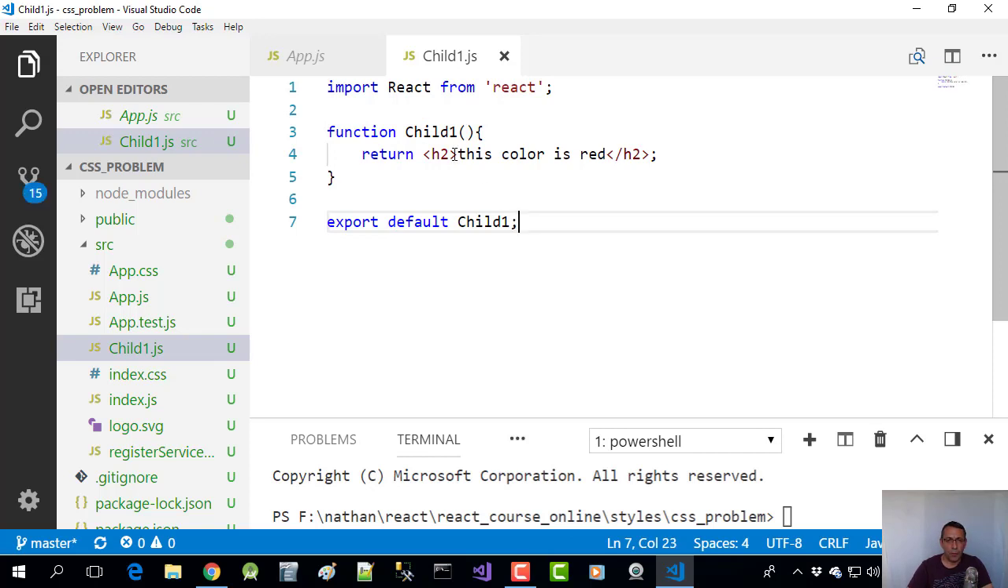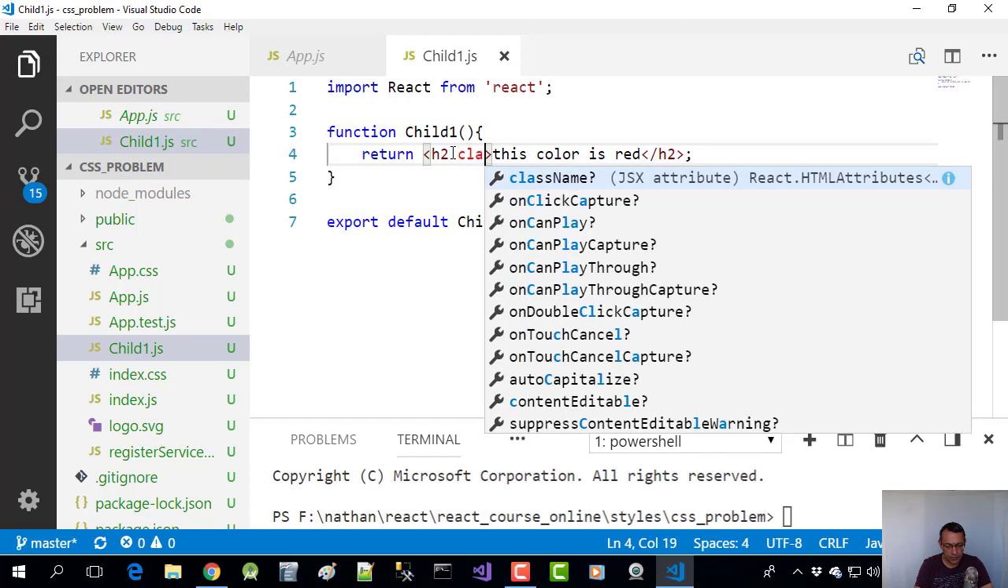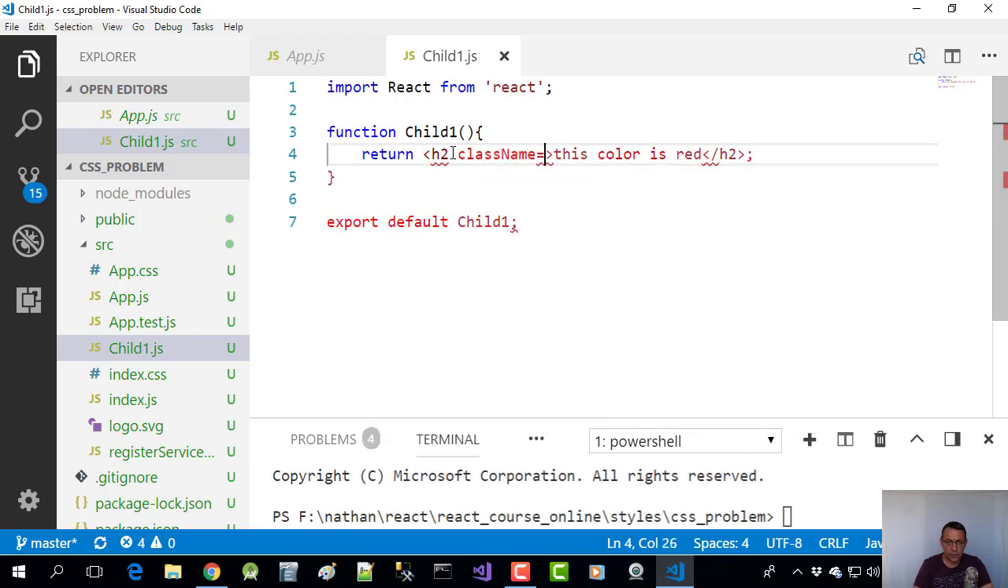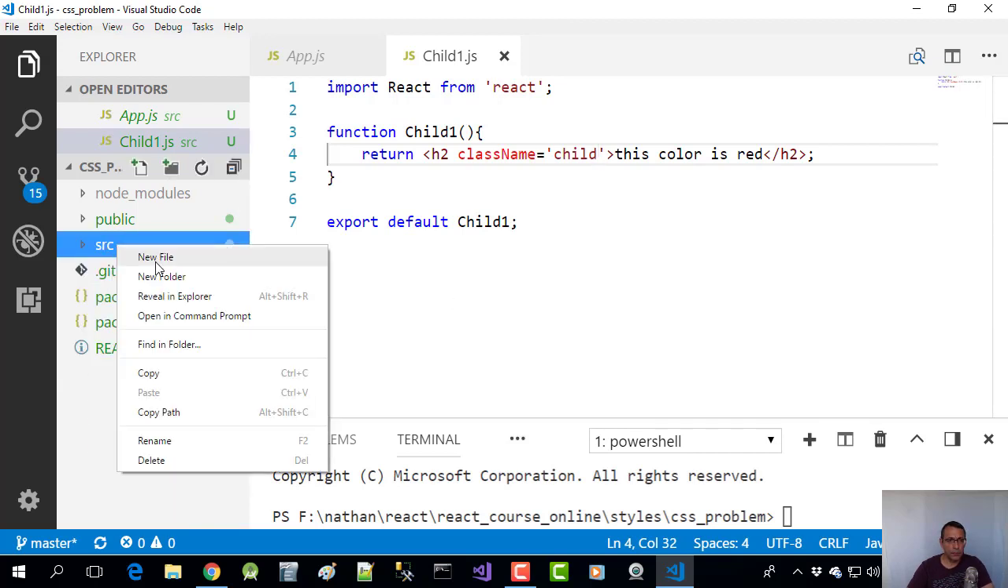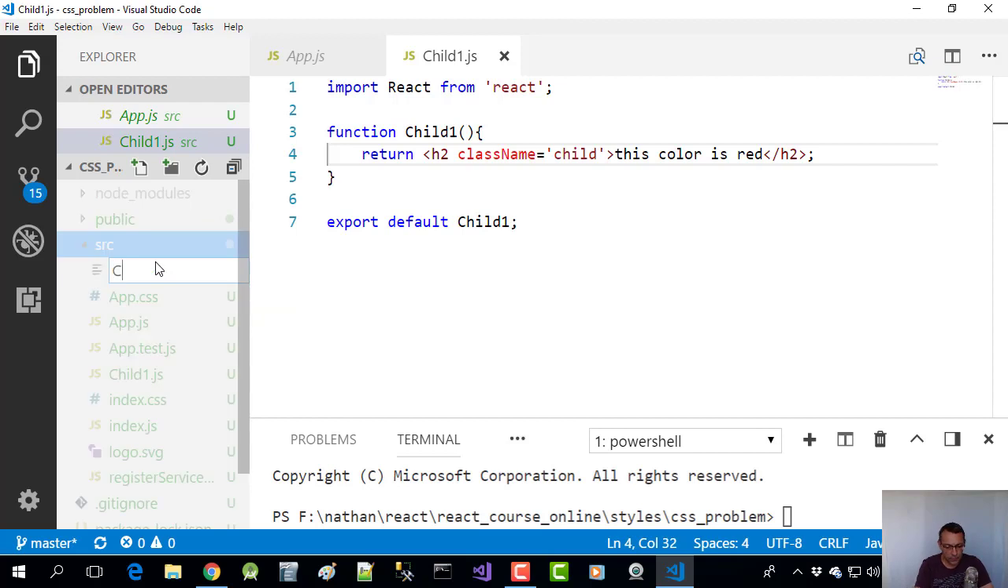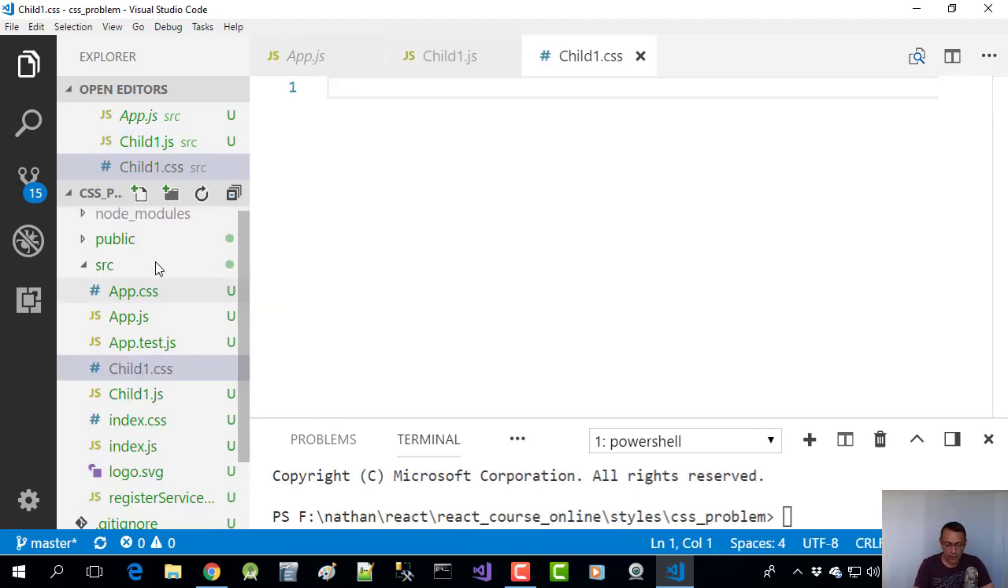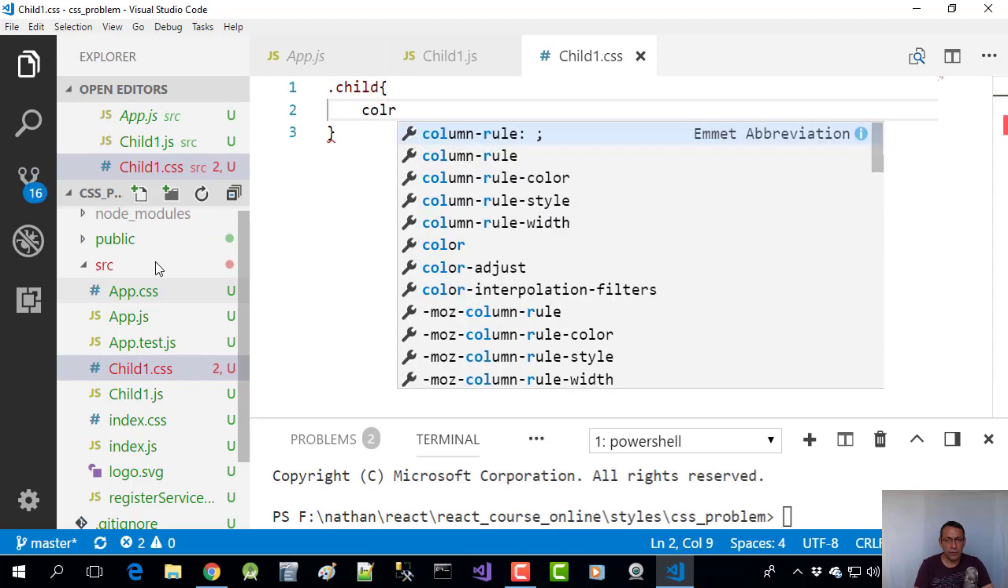Now we will add a class. And we will create this class in child1.css and we will import it. So new file, and let's create child class, and here we will put